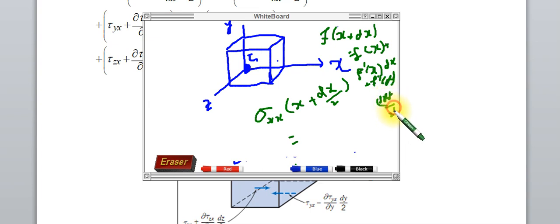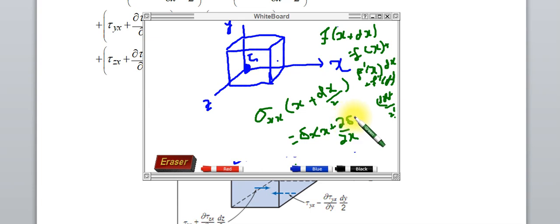So this is the Taylor series. Look at this one, the same procedure we will apply. F of x means sigma xx is a function of x, plus partial derivative, because the plane is x, so the changes will be with respect to x,